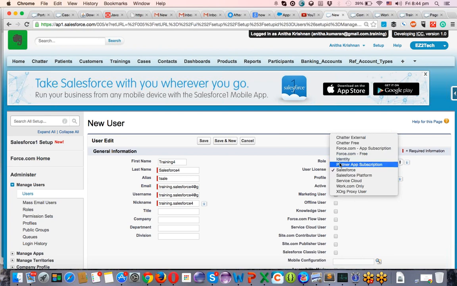Okay. Let's come to Salesforce. This is the top license, as I said. Salesforce platform: if you want to build new applications, you can use the Salesforce platform, where you don't see all the standard applications, but you can build from scratch. That's only the platform. Service Cloud: you can see Service Cloud features.